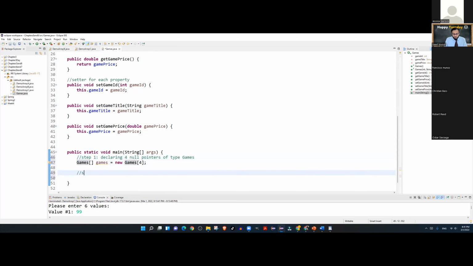And in step number 2, I got to instantiate each null pointer, each object, I should say, or each element of array games.